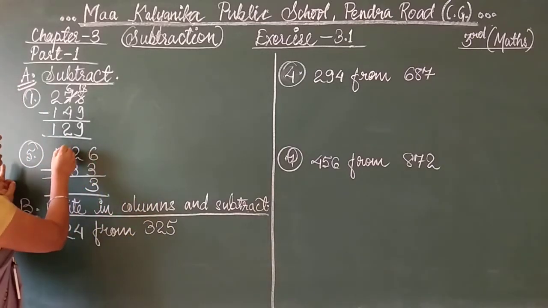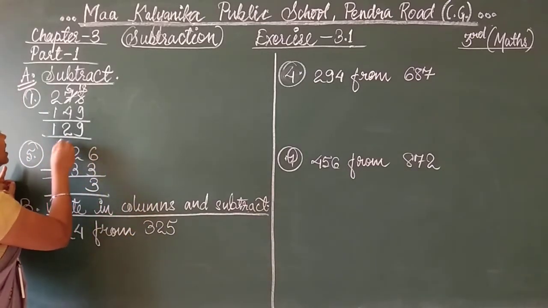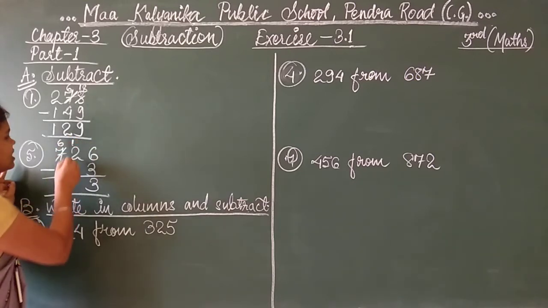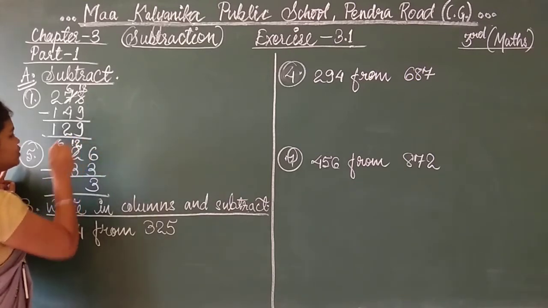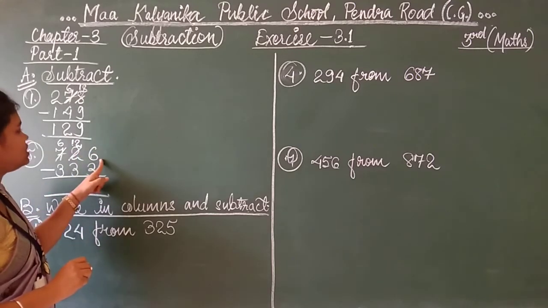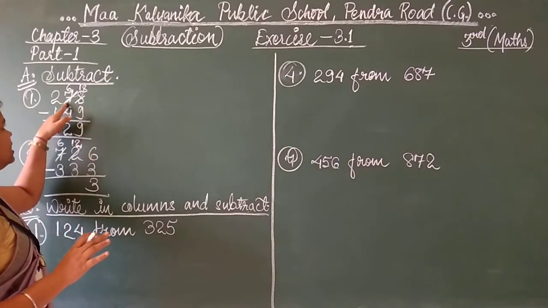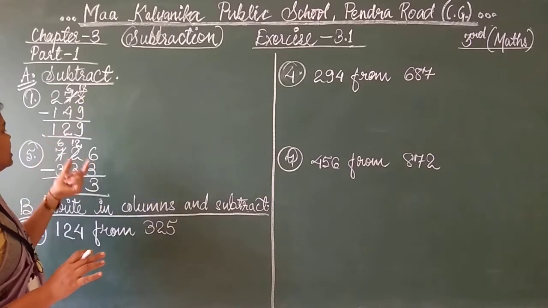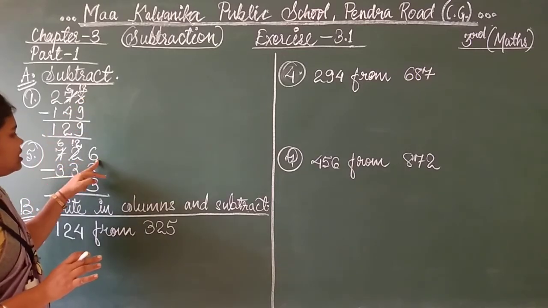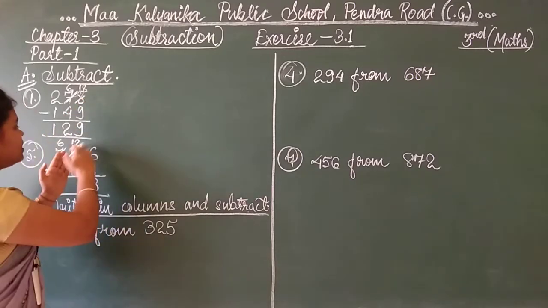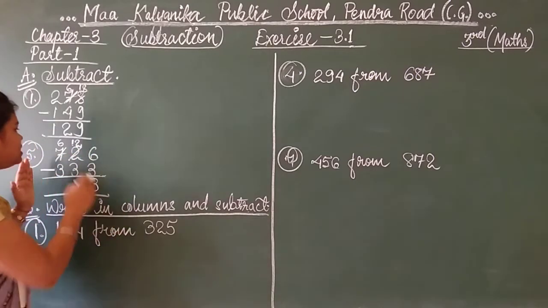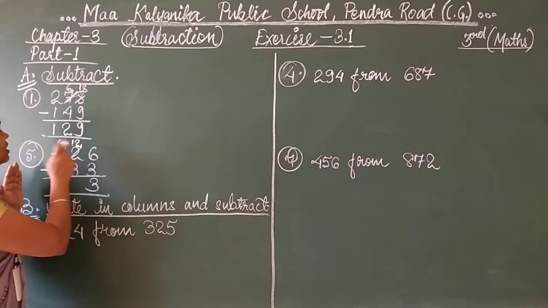So this 2 will take help from here. This will become 6. It will give 1 here and this 2 will become 12. See here, this number has given 1 here, 10 here, and see here, 6 minus 3 can be done. So it will not take borrow from the next number. Simply this will take from here. So it will give here.